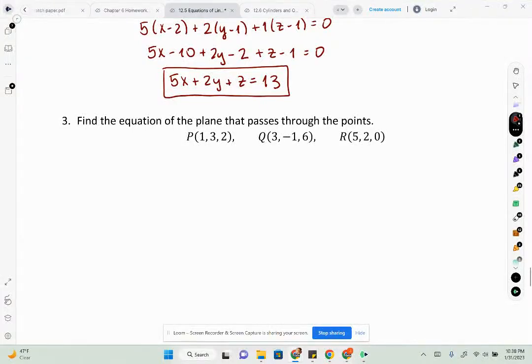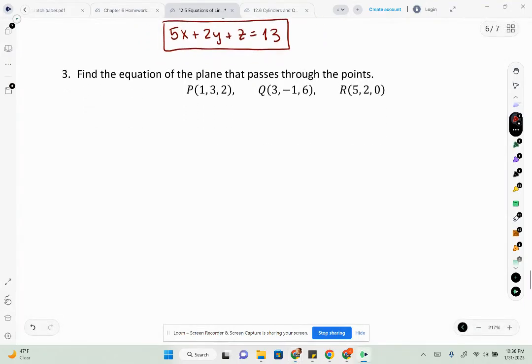Welcome to part 2 for section 12.5. We just have 3 problems to do and they won't take too long, but they're important and they will be helpful for your homework. So number 3, we are asked to find the equation of a plane that passes through